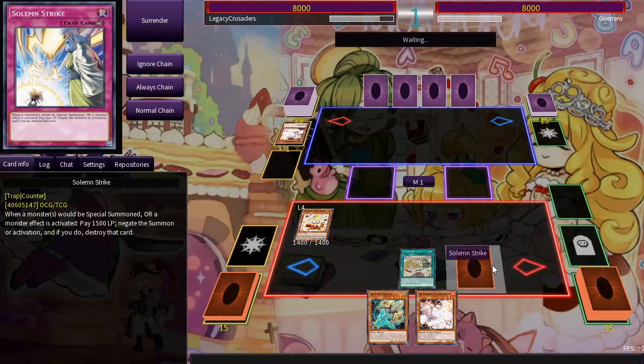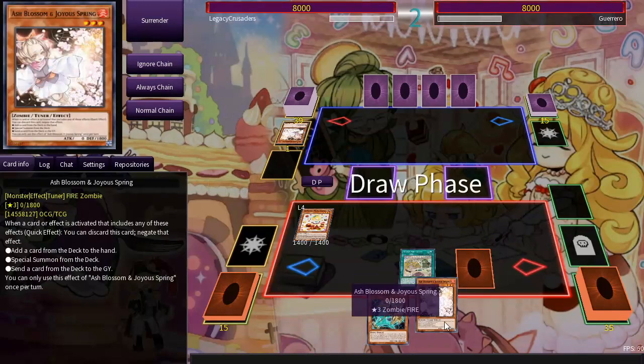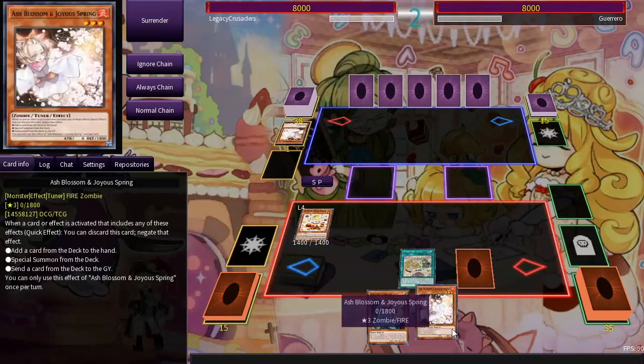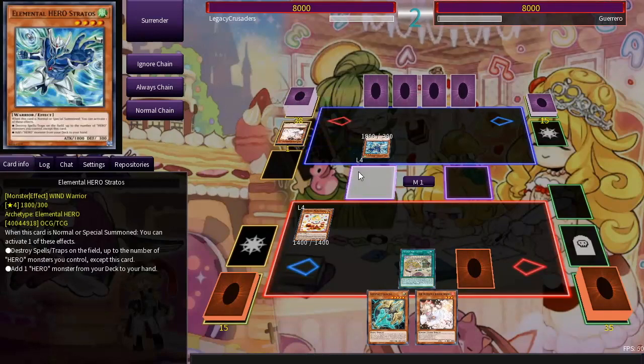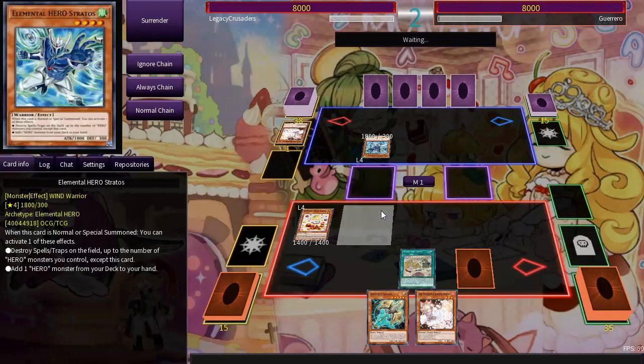Okay, well, at least going first, we open cards that are live. All the cards we have do something. Hopefully Lancia does something in this matchup. It would be nice. Alright,